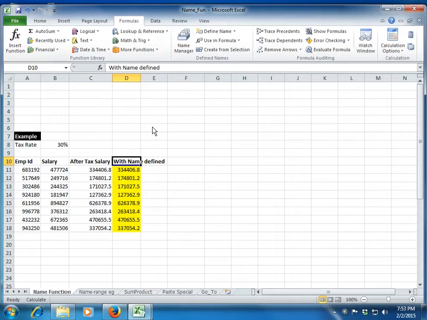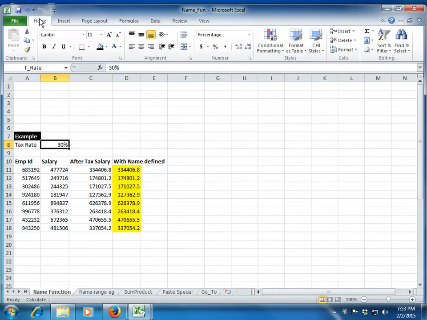This is just one application of naming a cell. Of course, we will see other applications also. Clear? So this is how naming a cell helps us when we are working on a database or a formula. Now let's explore how we name the cell in a different manner, that is using the name manager button.